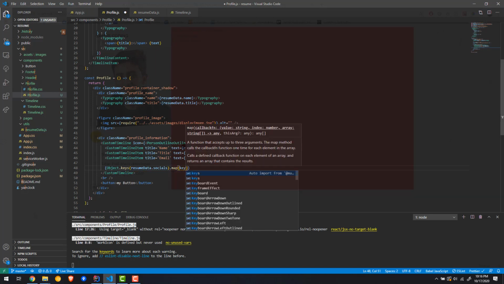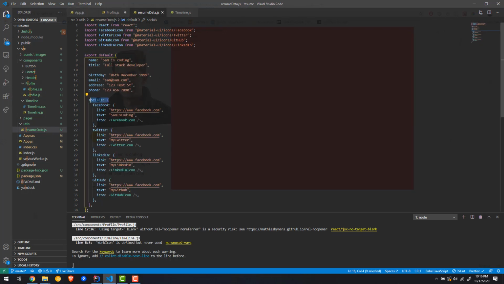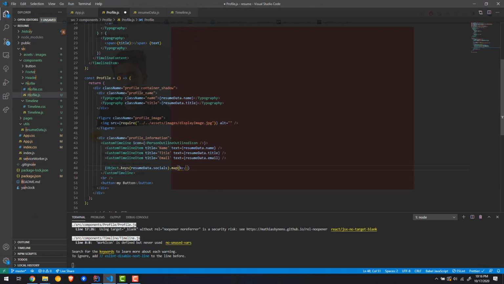So we're gonna get a key, right? The key is gonna be for example Facebook or Twitter or LinkedIn or GitHub. Let's capitalize this actually, Twitter, LinkedIn, just so we don't have to parse it later. Oh, this is already capitalized. Okay, so we're gonna get the key, okay? And now what we want to do is once you get the key, that map key,